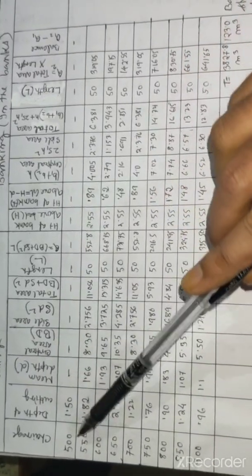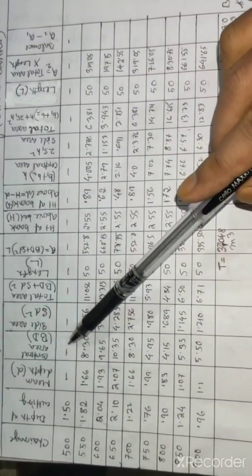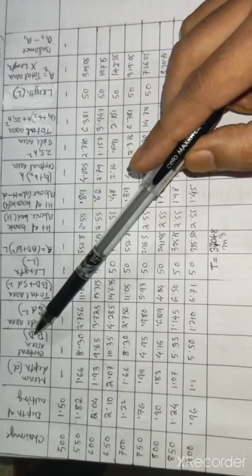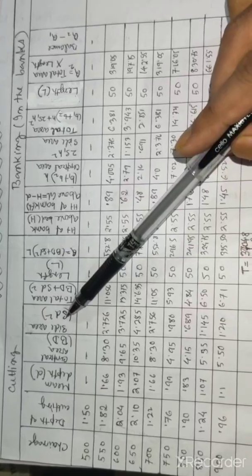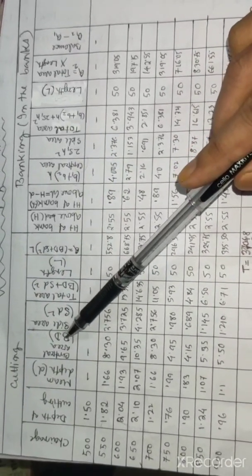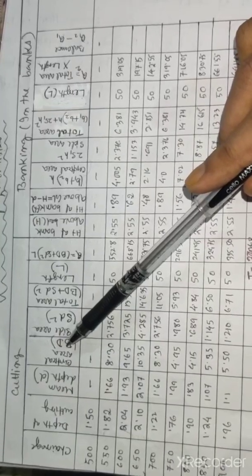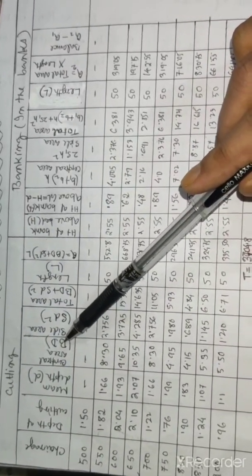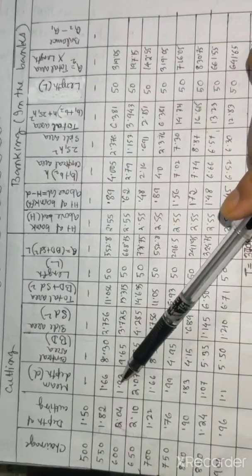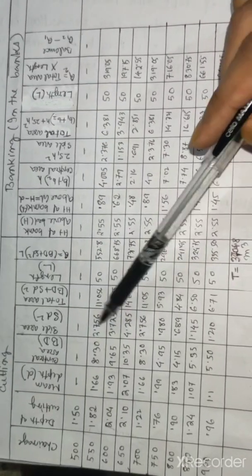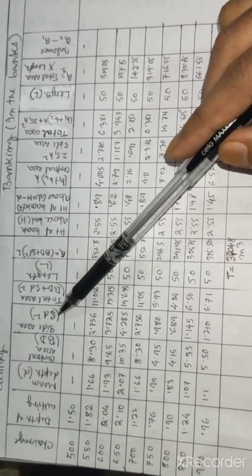Obviously for the first row D will be blank, so all the others will be blank, but for the other stations we have found out D. Now central area, BD plus SD square was the total area of the trapezoidal section. So BD, what is B? B is given as the channel width is given as 5 meters. So 5 into this is equal to this, 5 into this is equal to this, 5 into this is equal to this. That means BD. Now SD square, what is the value of S here?